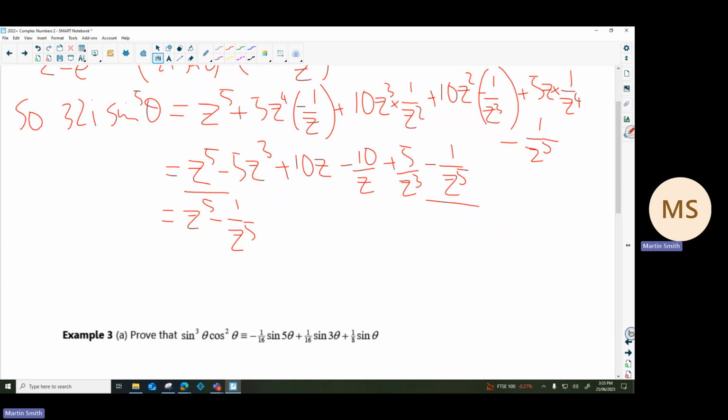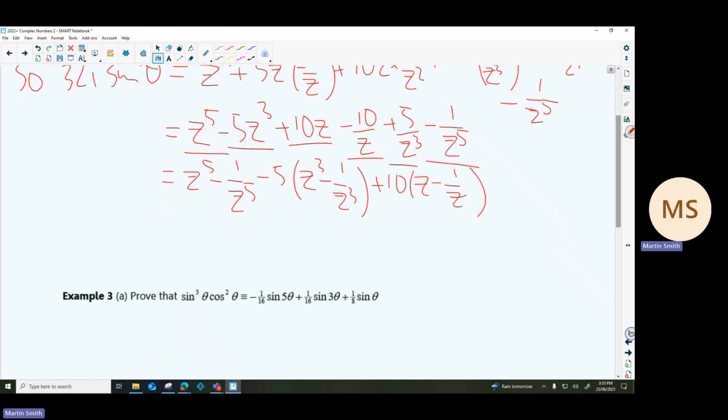And then the next two terms are minus 5z cubed plus 5 over z cubed. We'll take out minus 5 as a common factor, into z cubed minus 1 over z cubed. And the last two terms are 10z minus 10 over z, which is the same as 10 into z minus 1 over z. But z to the n minus 1 over z to the n is 2i sine n